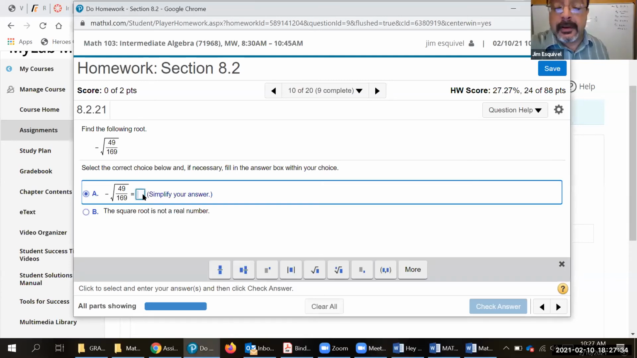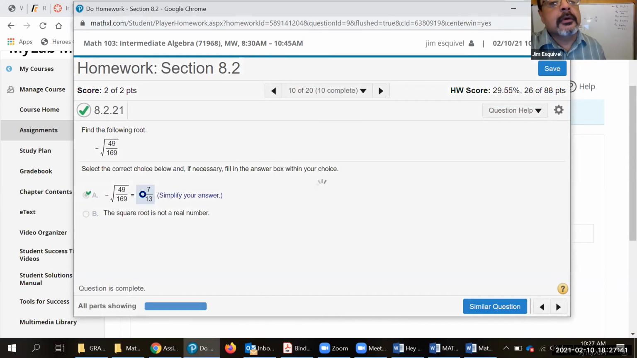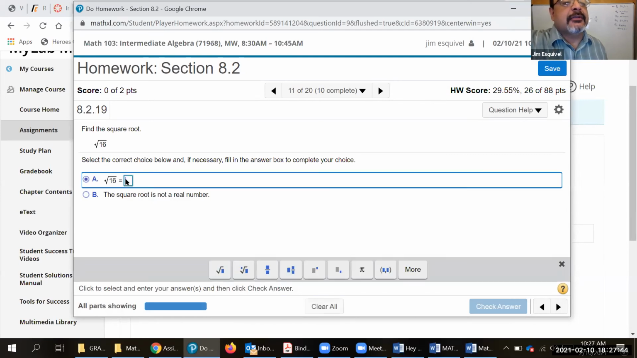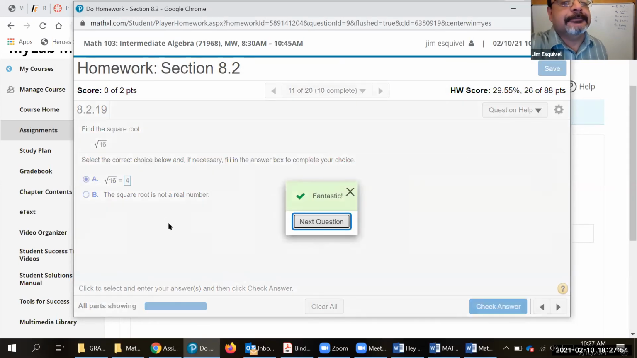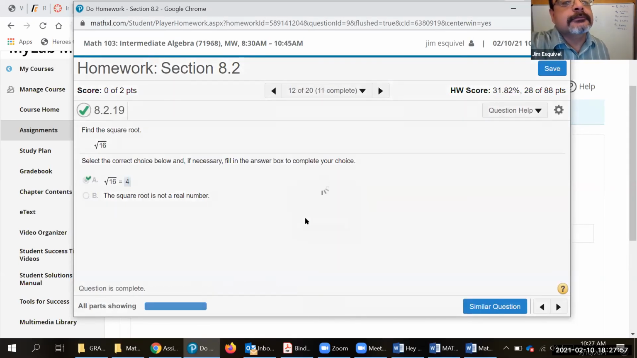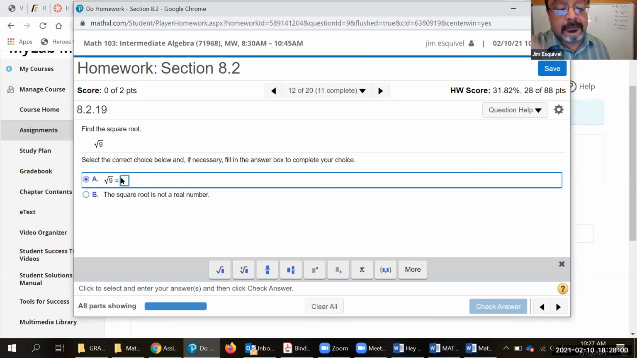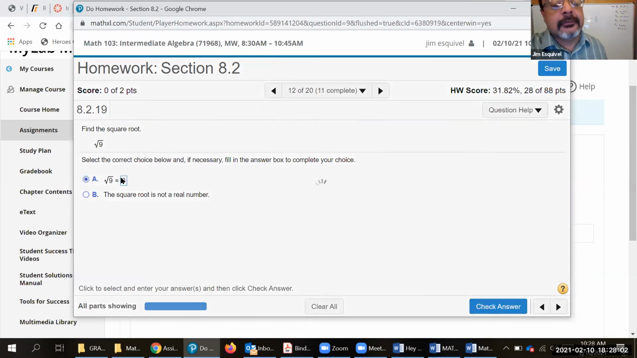So over here, back to the screen share. Get a negative 7 over 13. What's the square root of 16? 4. Right on. What's the square root of 9? 3. And then